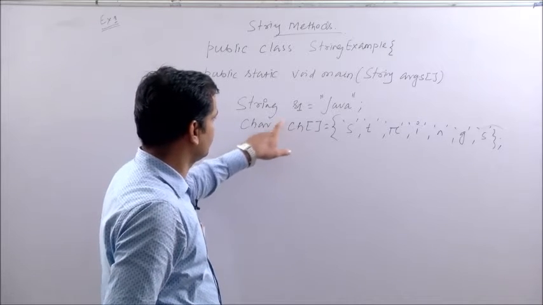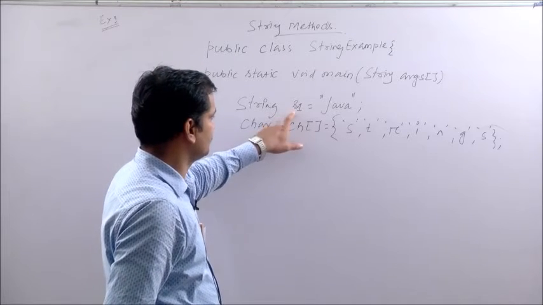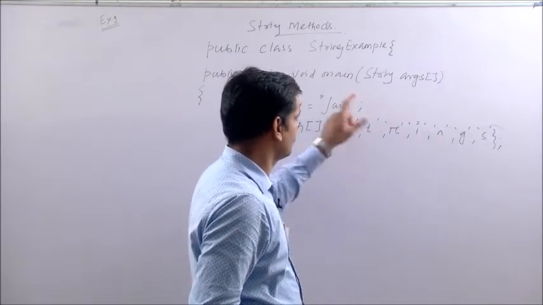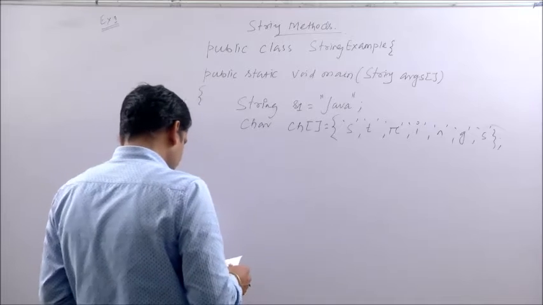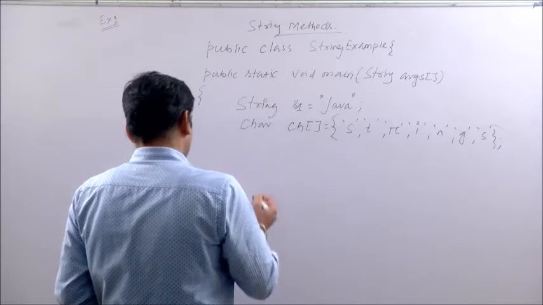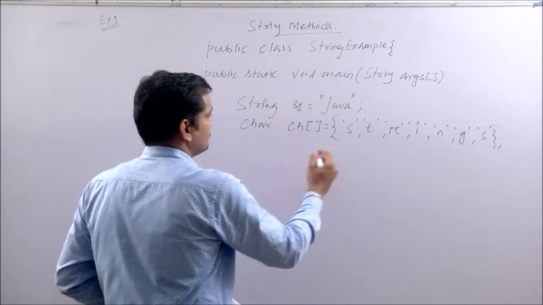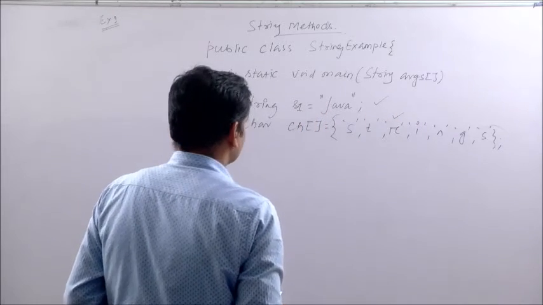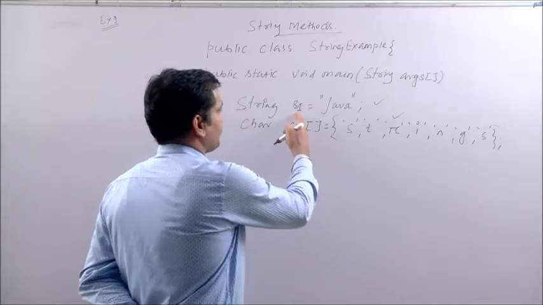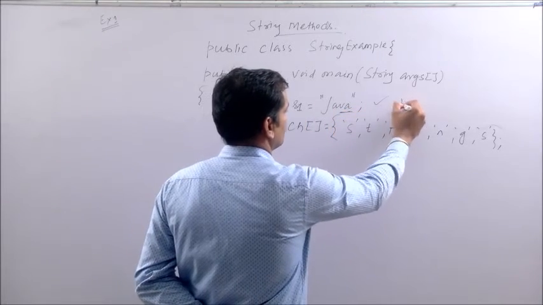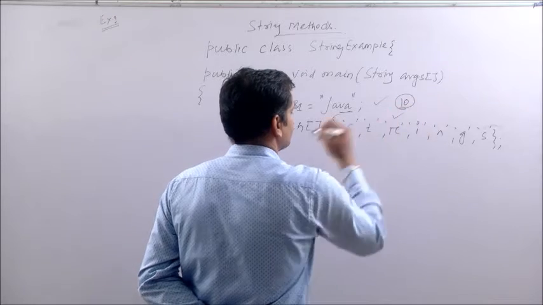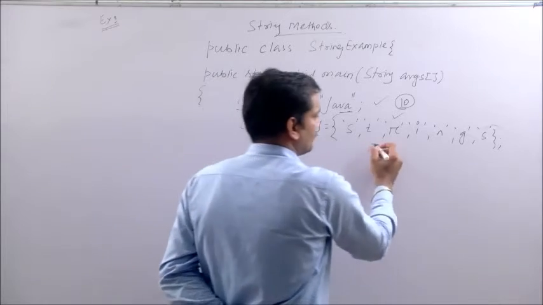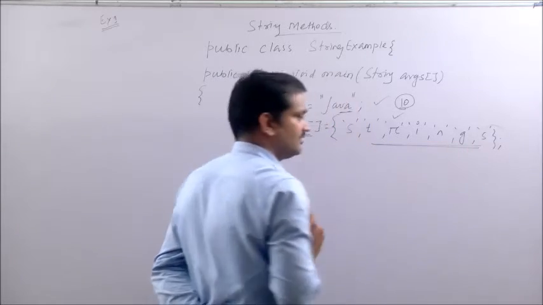This is an array of character and this is one object. This is one object S1 of string class type. This is one array of character. The set of sequence of character, here also it is a sequence of character. Now, the difference between this sequence of character and string is that a string terminates with a null character, but when you make it an array of characters, it may not be a string. Though it is a sequence of character, it may not be a string.